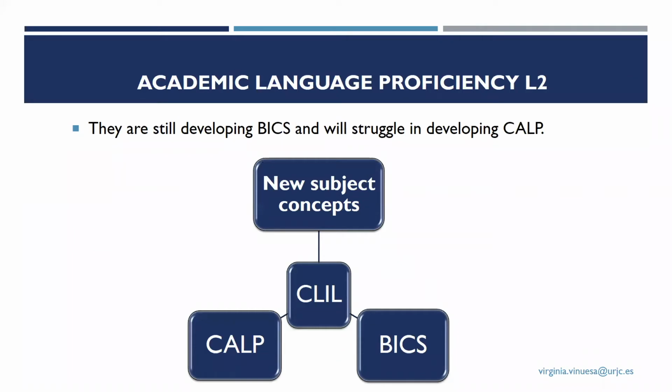So they are still developing BICS. Remember that BICS is the ordinary language, the language they can use in normal situations, but it will be sometimes very difficult for them to develop the academic language they need. Because as I said before, new subject means new concepts. So when we plan for CLIL,